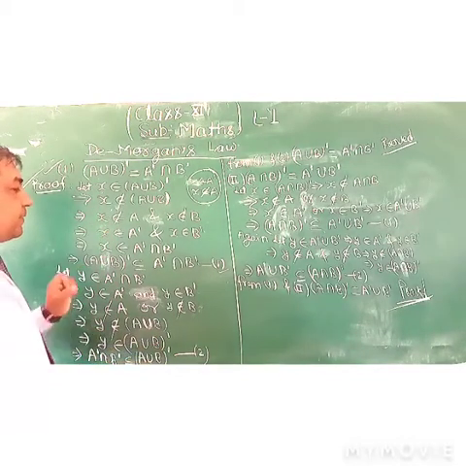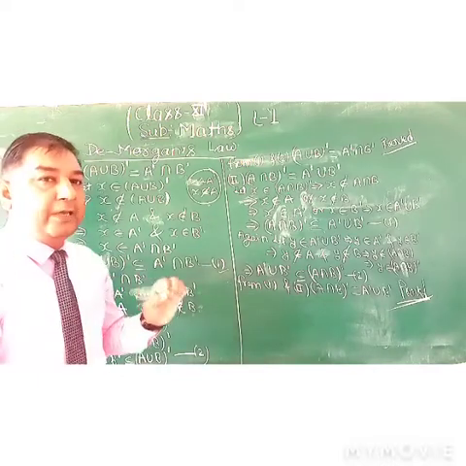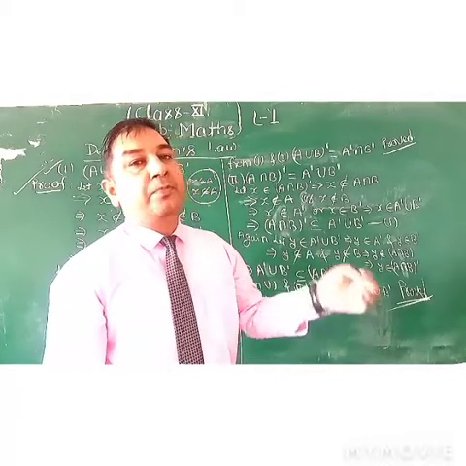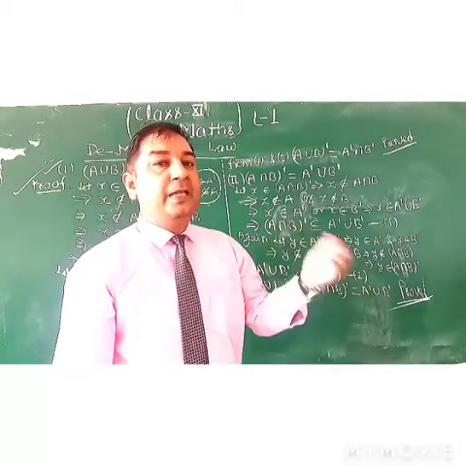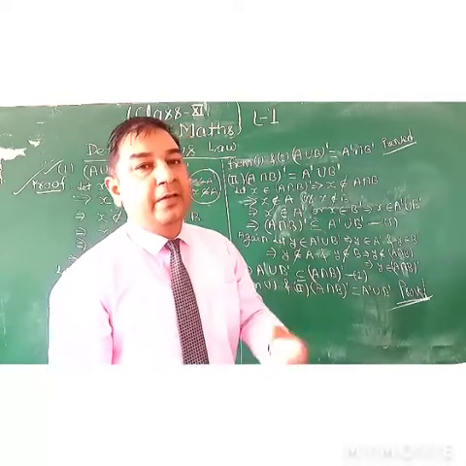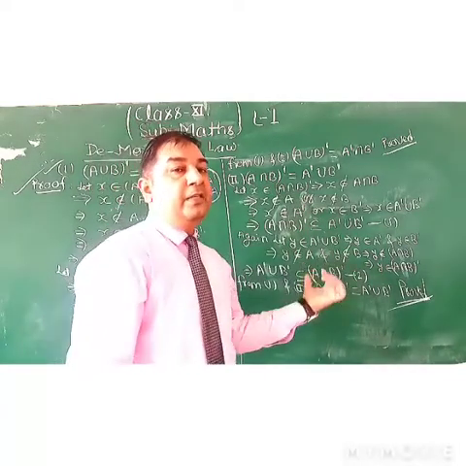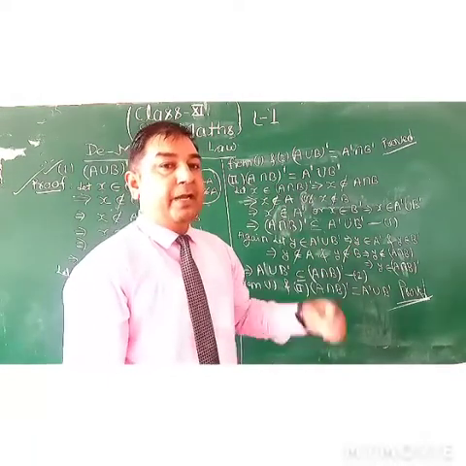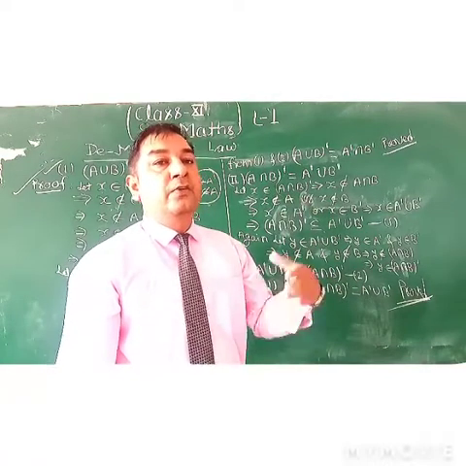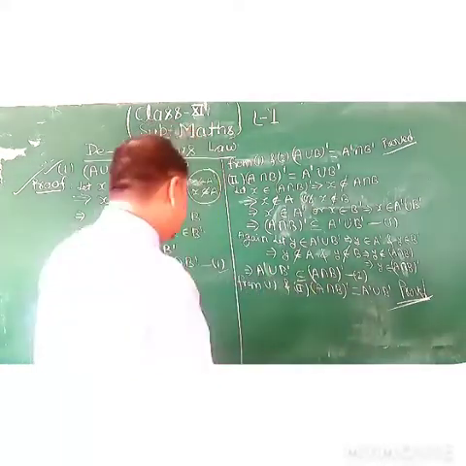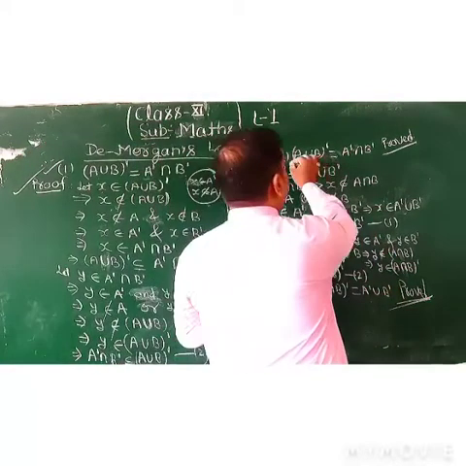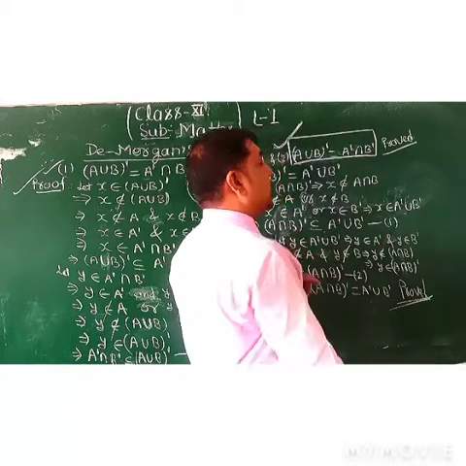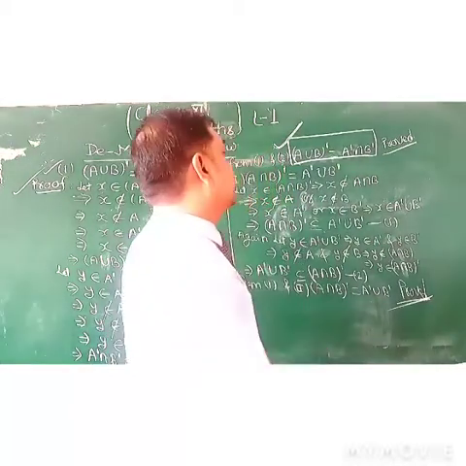From these two equations, if you have to prove A equal to B, then what to do? You have to firstly show A is a subset of B, and after that you have to show B is a subset of A. If A is a subset of B and B is a subset of A, then we can say that A equals B. This concept is used in these two laws to prove them. Whenever you show two sets are equal, you have to show that both are subsets of each other. So from 1 and 2 we can say that (A union B)' equals A' intersection B'. You have to remember it because this is the law, and it is used in most questions.